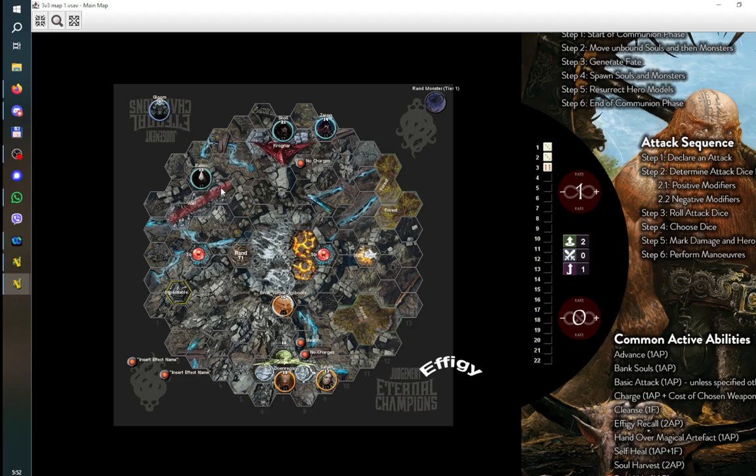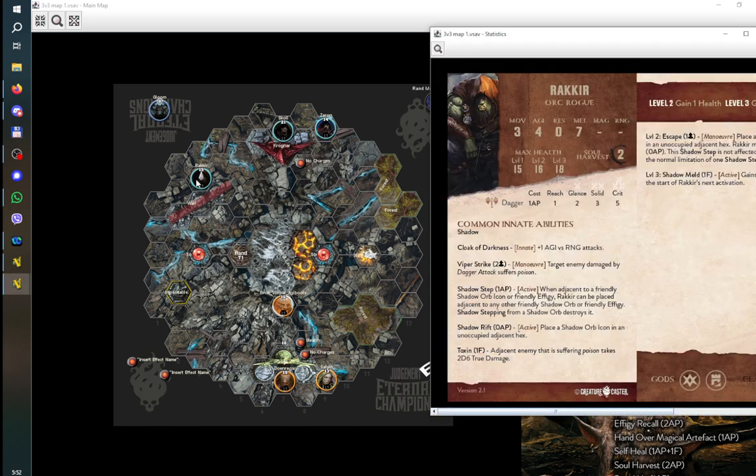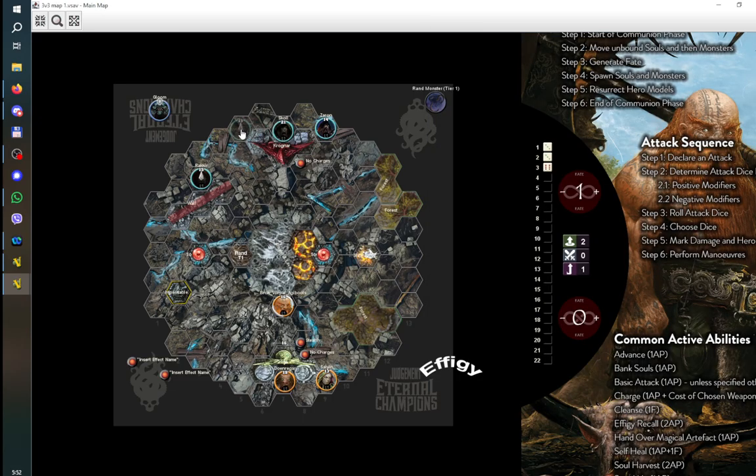I also cannot charge over the wall because Rakir doesn't have Pathfinder, I think. But let me check his stat cards. I think he doesn't have it. Yeah, I have a quick question. Sure, sure, sure. Do walls not block line of sight? Walls don't block line of sight